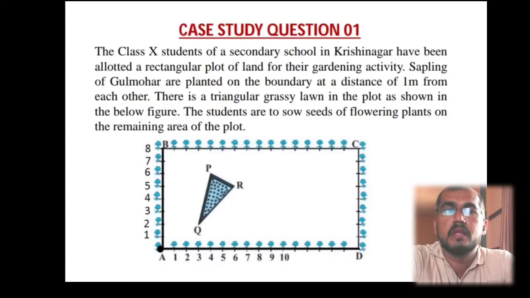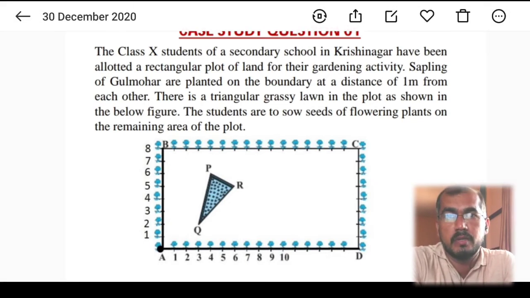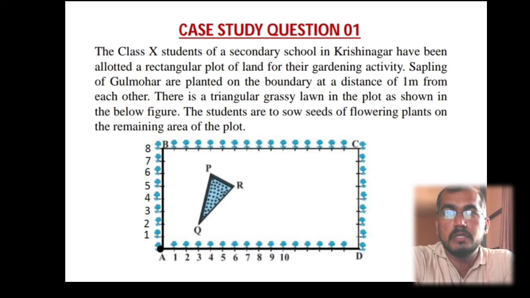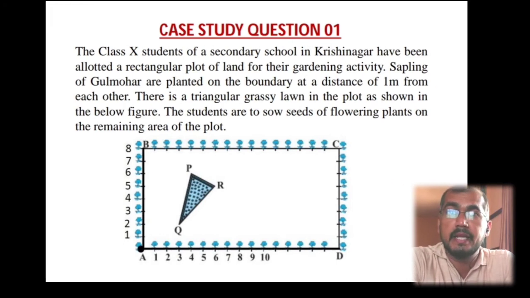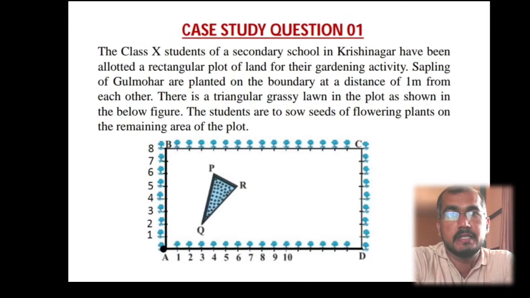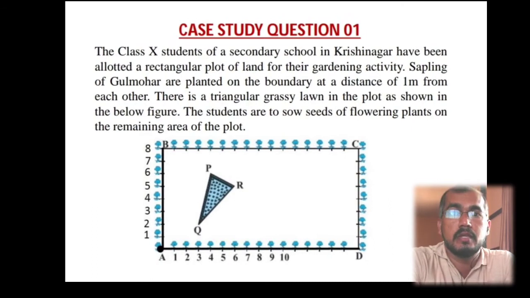Hi children. So in your question paper, you have case study questions. How many questions will be there in the question paper? There are 4 questions in the question paper. All the 4 questions are in Part A, that is section number 2. Part A has 2 sections, first and second. In the first section, we have all the MCQ questions, the problems related to all the chapters.